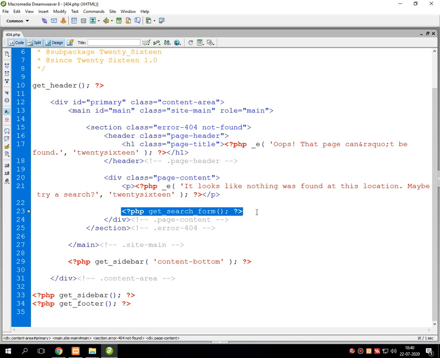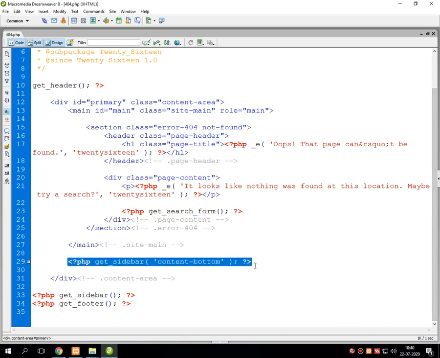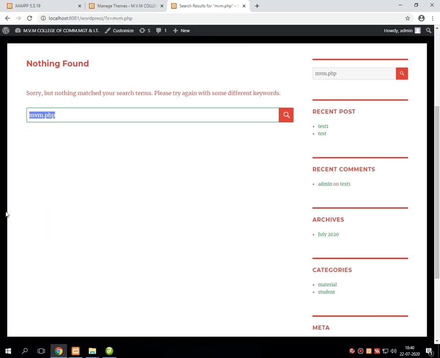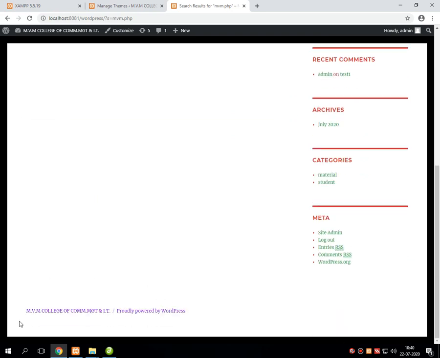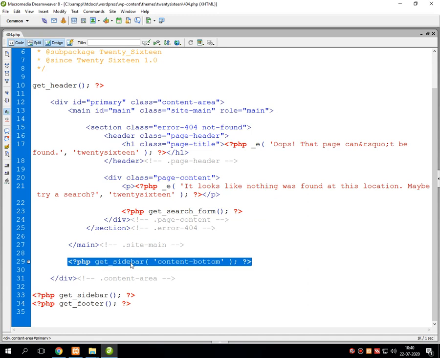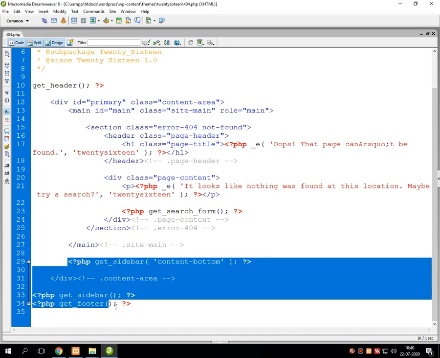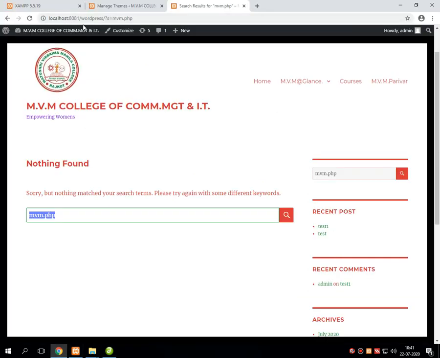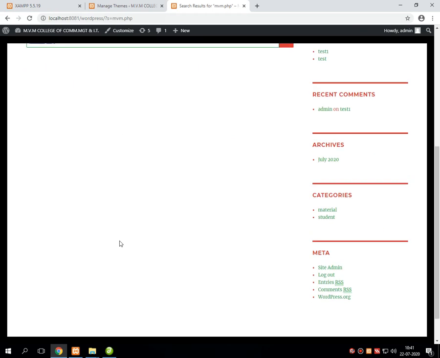Now in 404.php, it even displays all the portions of a particular theme. That means it displays the header, the body, the footer, and the sidebar. The sidebar would be called by the function get_sidebar, which will display the sidebar for 404.php.